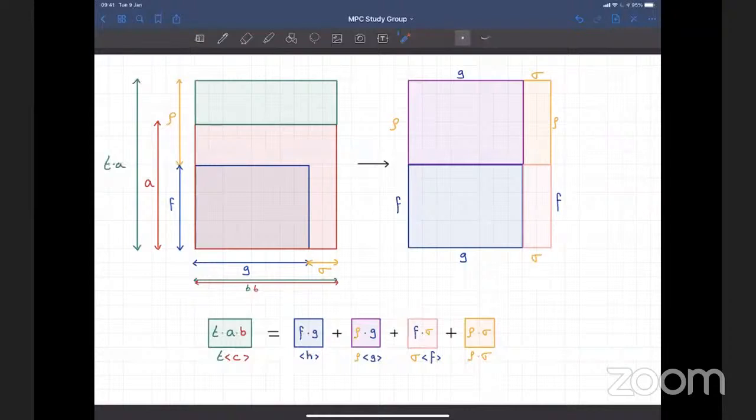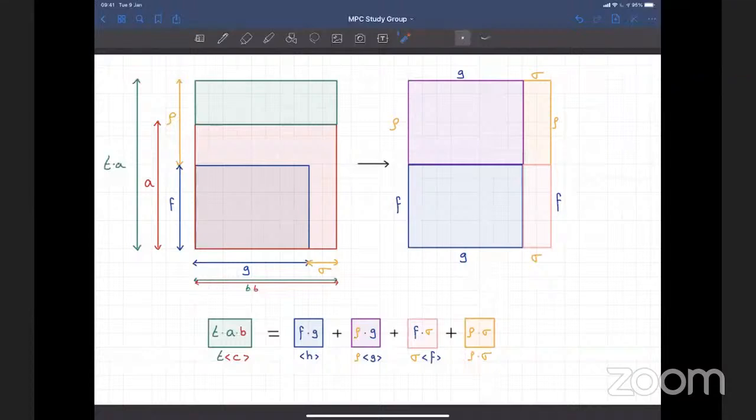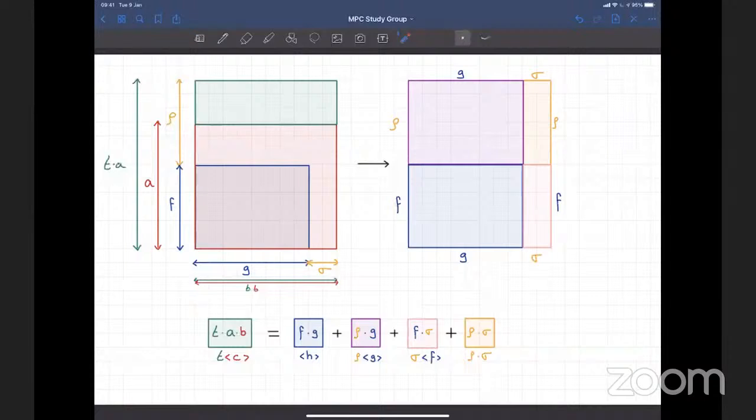We've got F, G, and H is the value of this rectangle. Okay, so we want to check a triple ABC by sacrificing triple FGH. Yeah, FGH, that's the triple we want to sacrifice. Okay, so what do we reveal?